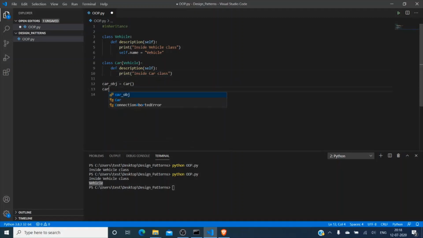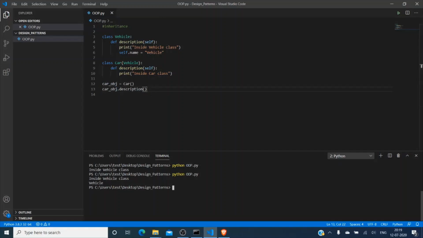Now if I try to print the description, since the method present in the parent class is getting redefined in the child class, it is overriding the parent's method. So this will be printed when we access this description method using the child's object.